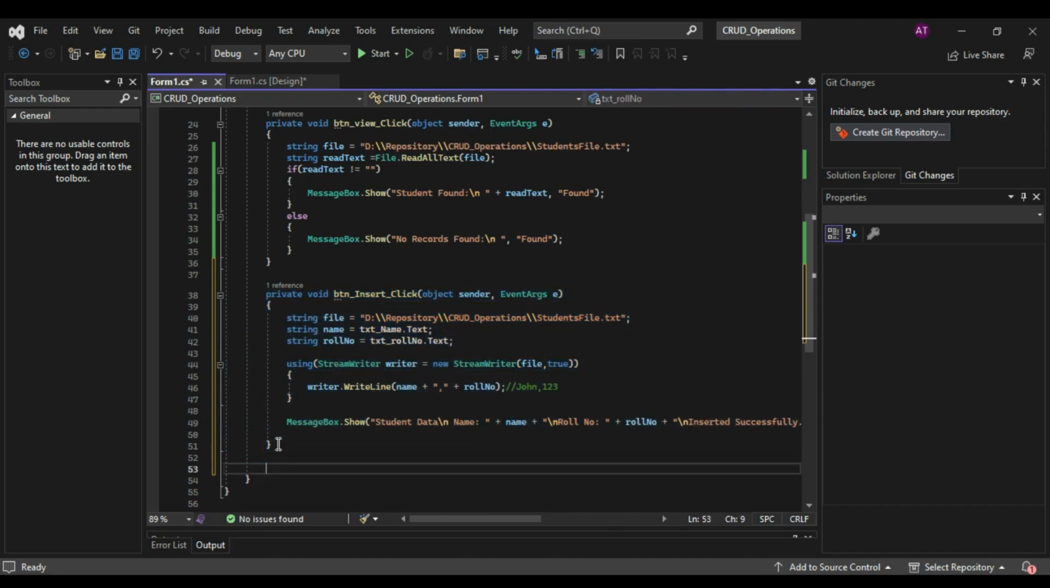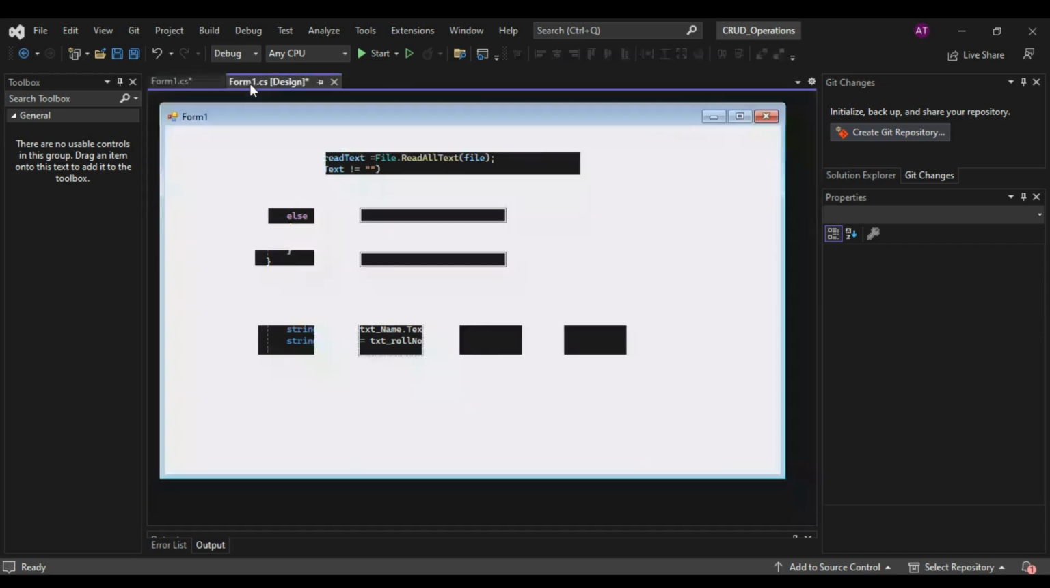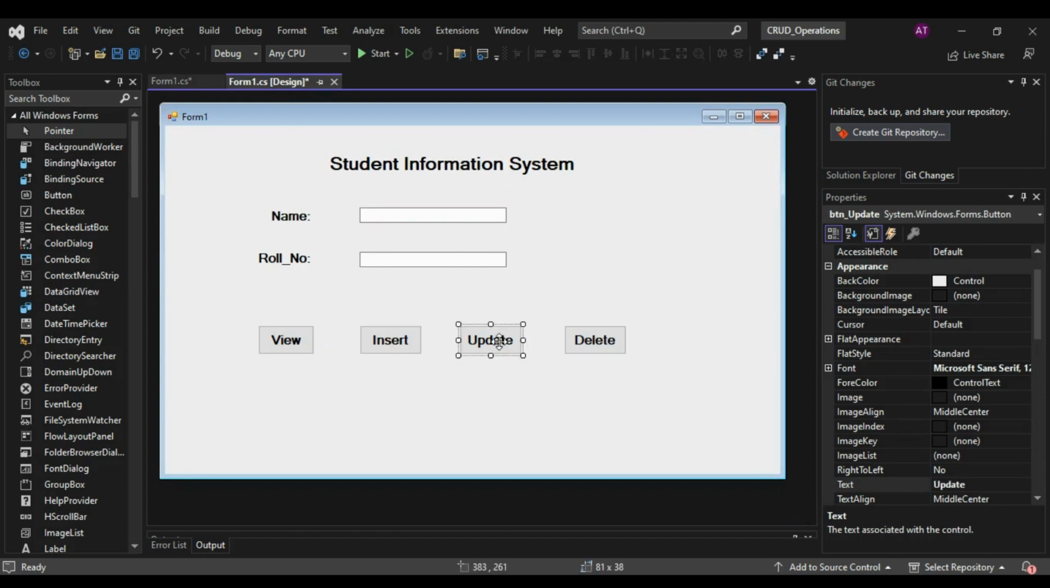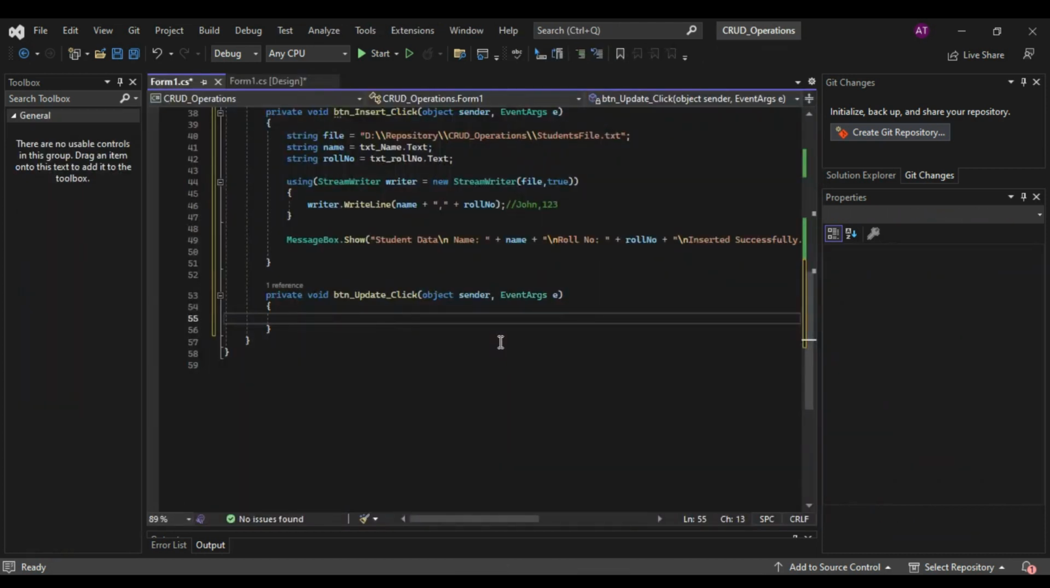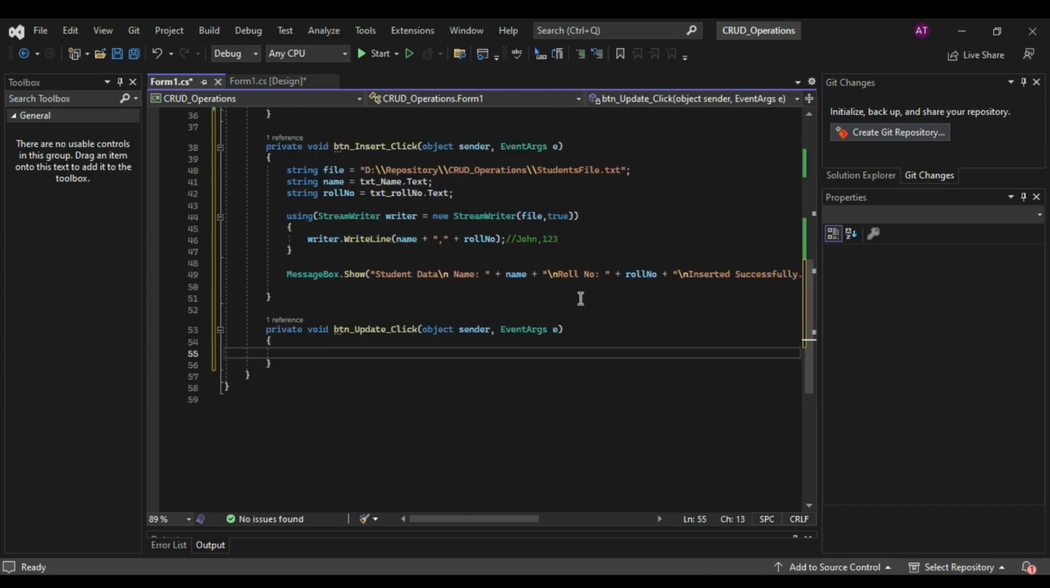Now we are making our delete. What's next is view, insert, now making the update function, delete is the last. So here you can see the delete function is available. Now the same thing is repeated. We can make,